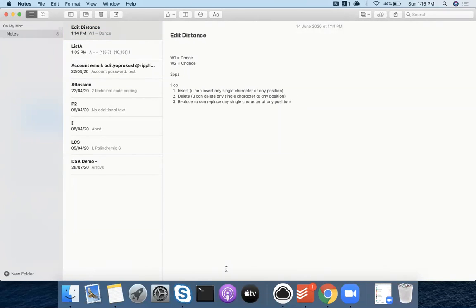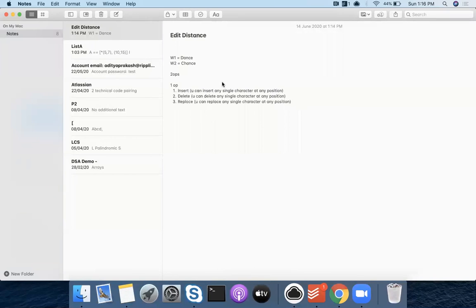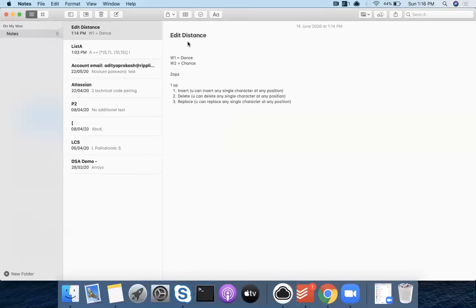Anyone wants to go? How will you solve this? So Aditya, if I start from word 1, character 1, and word 2, character 2, I think I'm thinking in brute force only.